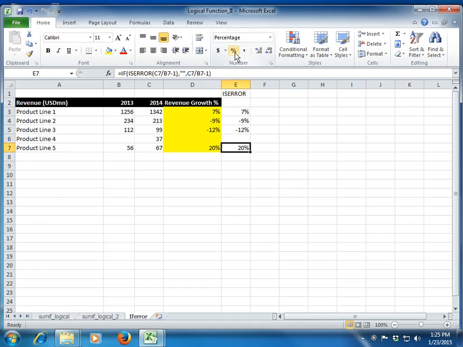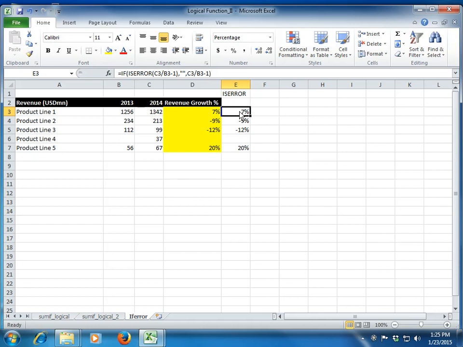Of course, the ISERROR approach is tedious vis-a-vis IFERROR. We have to rewrite the formula again. Just imagine that if this is a very big function, we'll have to copy paste it again. But IFERROR is a very simplified version of it. Although we will see that there are certain cases in which we need to use ISERROR. Rather, we don't have a choice, and we'll be forced to use ISERROR along with the IF function.